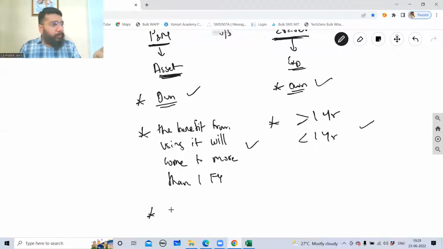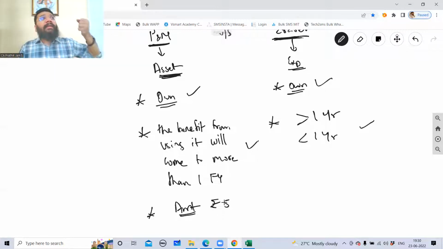Asset is something that you own. Asset is something that you're getting benefit from for more than one financial year. One more point of differentiation is the amount involved. This is something not in your syllabus, but as a CA, I have learned this, so I can tell you. There's a rule which says that if the amount that is spent is up to 5,000, and that is helping you to own something, and that is giving you life of more than 1 year, and the amount is up to 5,000,